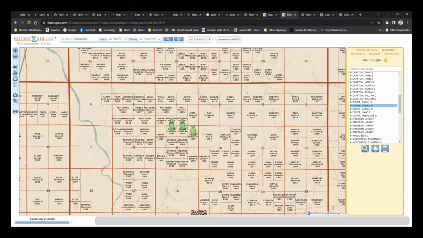There is an application within that. Let's see if I've got one I can show you. I have several. And then after, I don't remember what the time period is, but you had so much time to work the land and improve it. And then you had to submit more information for them to actually give you the land.